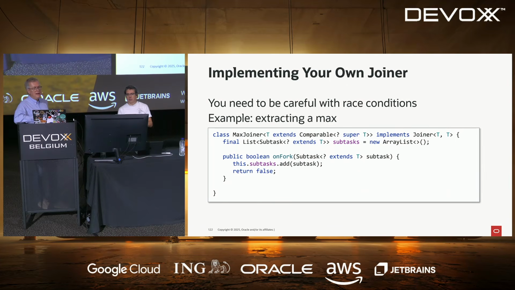And you see that in that case, this max joiner is actually working on the unfork callback method by adding all the subtasks to this array list which is declared in this max joiner, and returns false because if you return true, remember, you are actually asking to close the STS. So it will make the join method return and the STS be closed in the end.